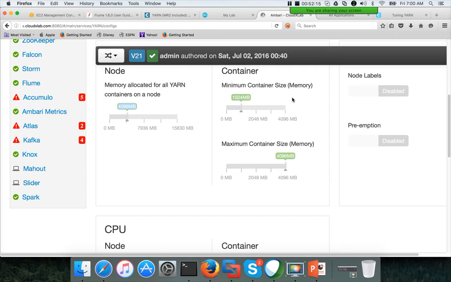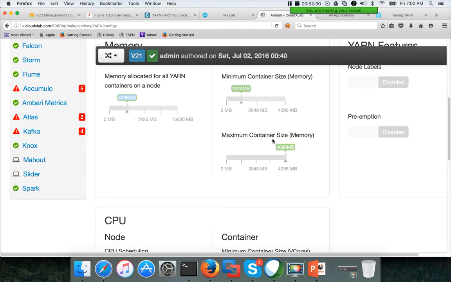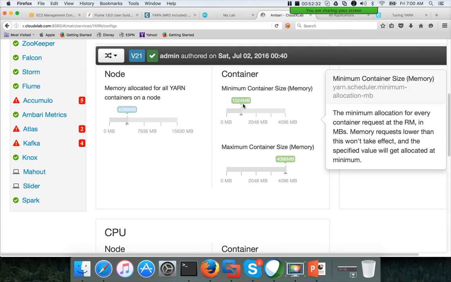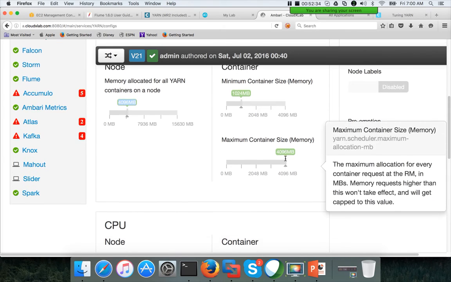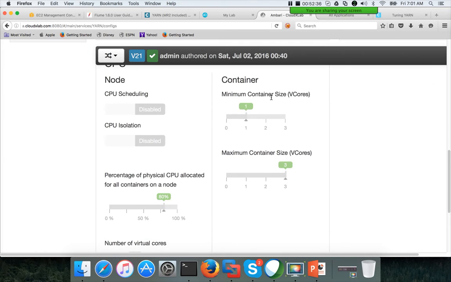From yarn context, the container will tell whatever framework that is using yarn, such as MapReduce, we have to configure memory within these ranges for the tasks. So for now, just remember that minimum container size is 1 GB, maximum container size is 4 GB. Minimum number of vCores is 1, and maximum number of vCores is 3.